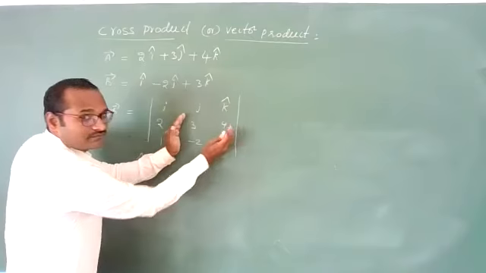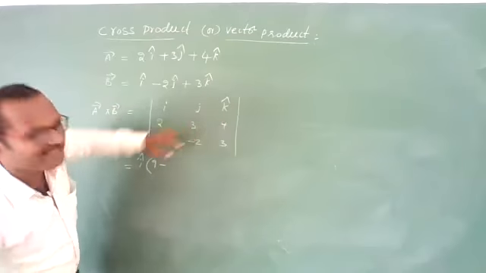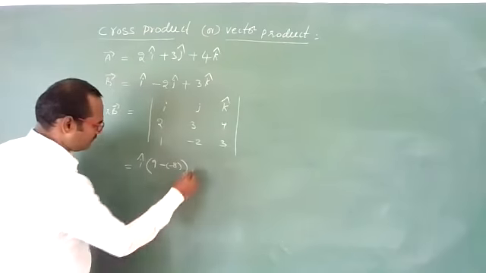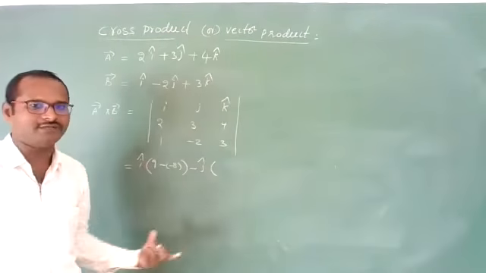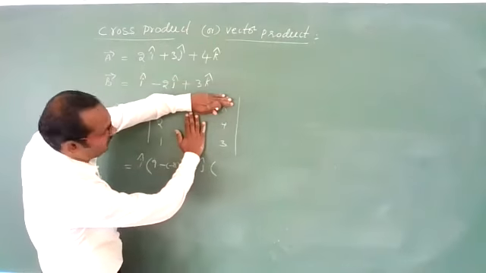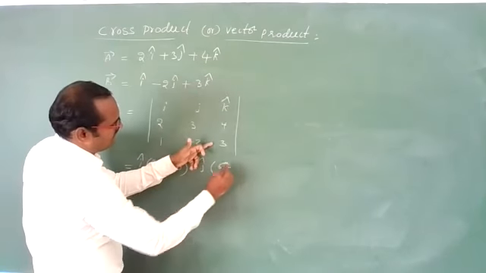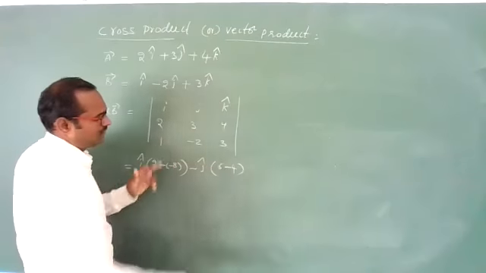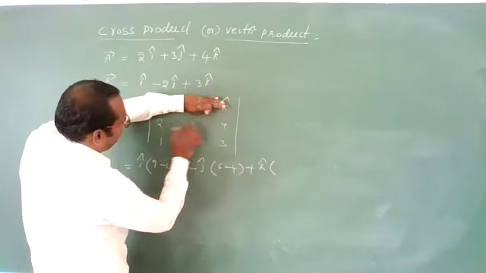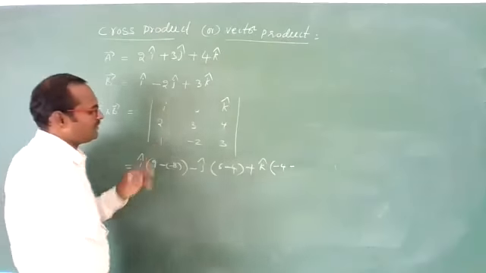So I cap into, what should we do? These 4 elements: 3 3s are 9, minus 4 into minus 2, minus 8. So minus 8. Minus J cap into. I am not writing that modulus again. What should we do? This one we should forget. Now we are having 4 elements: 2, 4, 1, 3. So 2 3s are 6 minus 4 1s are 4. Plus K cap into. These two you forget. You are having these 4: 2 into minus 2 minus 4, minus 3 into 1 is 3.